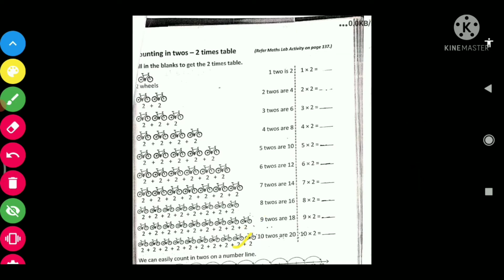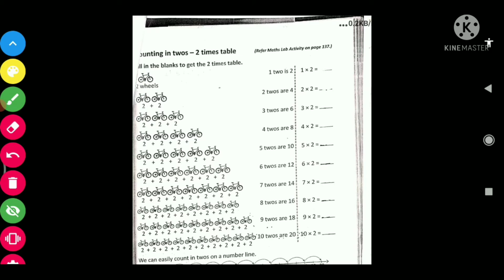Now see the last one. So now 10 bicycles are there and 10 bicycles having 2 wheels each. Now how many wheels will be there? Just count the wheels. It will be 20, right? Okay, so repeat after me.